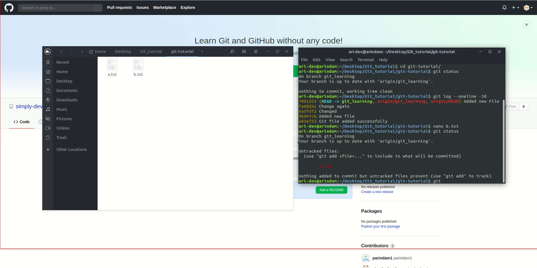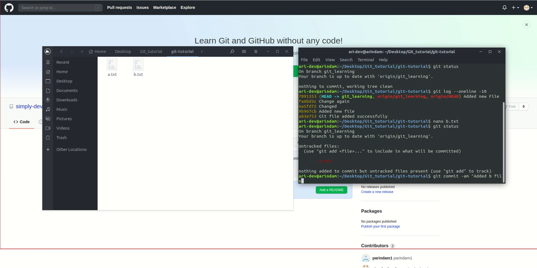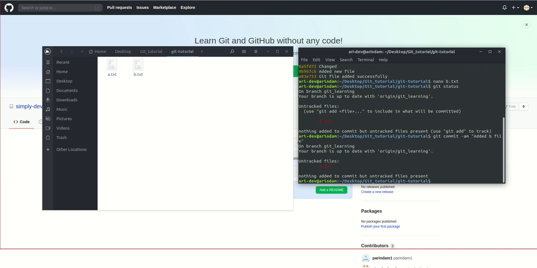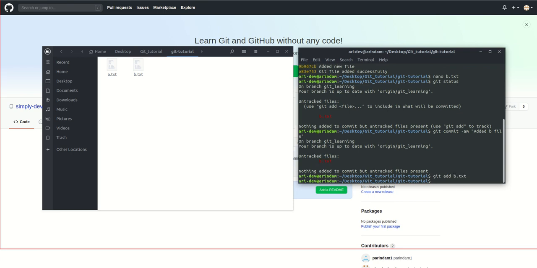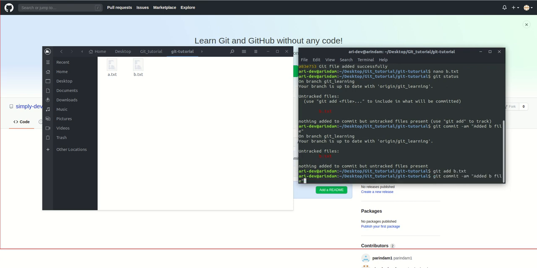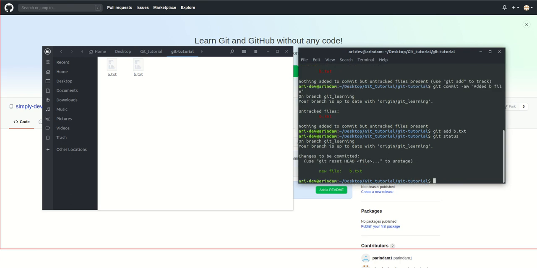So how to add? Git commit -am added b file. So this is our new commit. Sorry, first git add. Okay, add is complete.